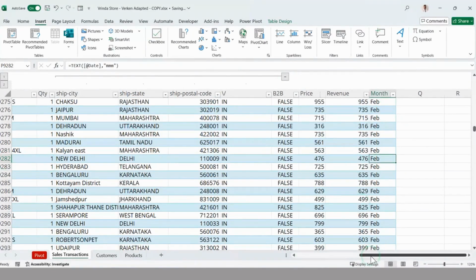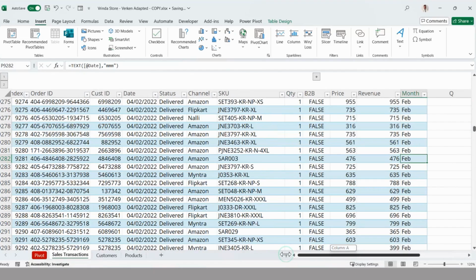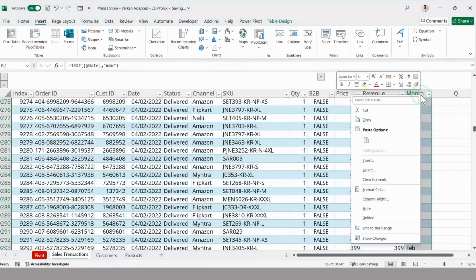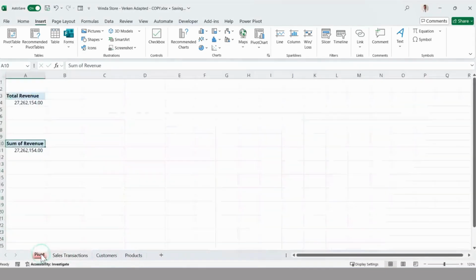Okay, and I've done some grouping here, so I can easily hide the ones that I don't need, just to make the table look a bit cleaner for all of us. Okay, so we've pulled in the month like this. All right, the other alternative, which I would prefer, so let me delete this one, is in pivot tables, because